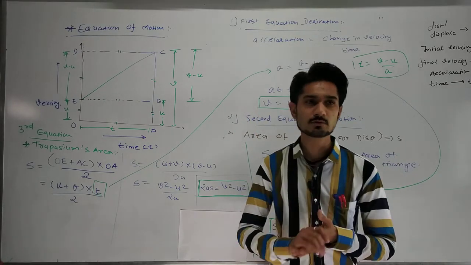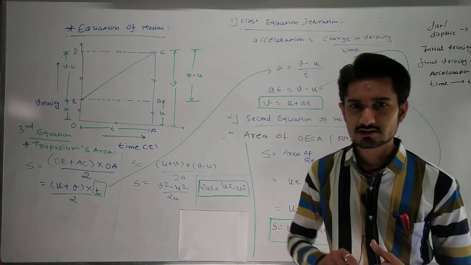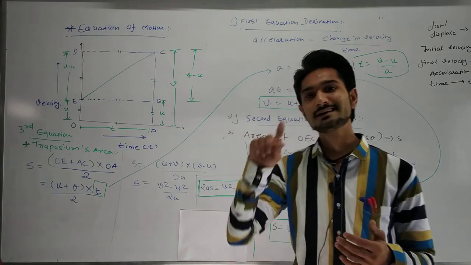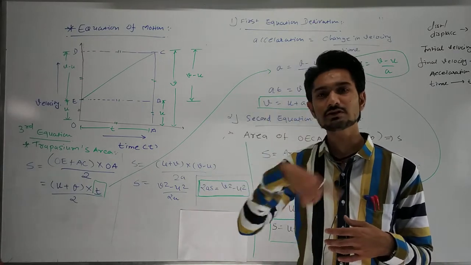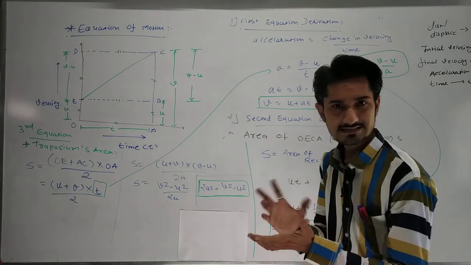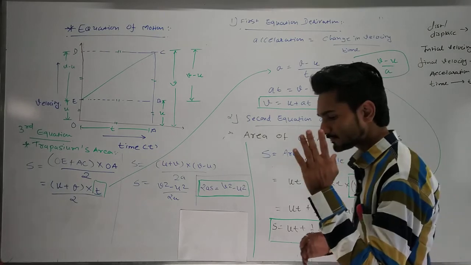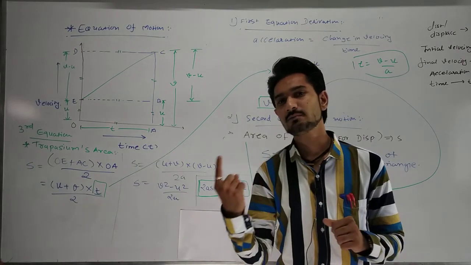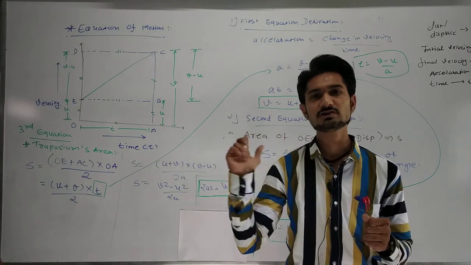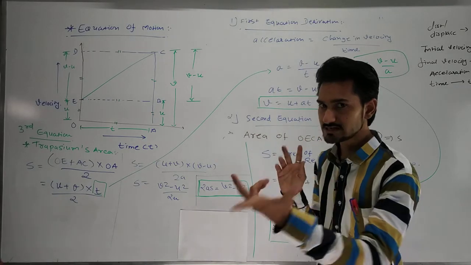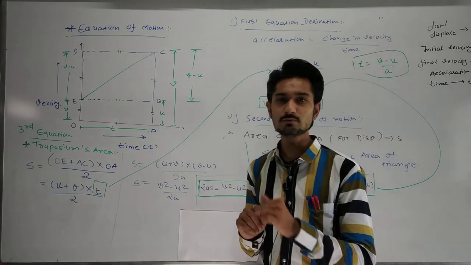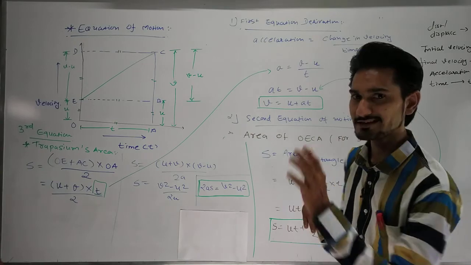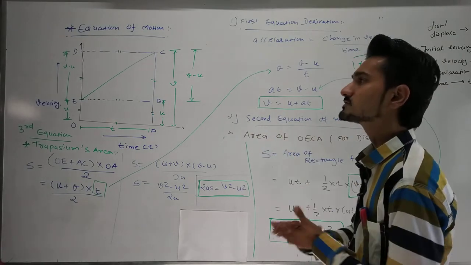If you want to see uniform circular motion, you can see it around you. The clock is moving in uniform circular motion because it takes the same amount of time, covers the same amount of distance and returns back to the original position. So these are basic examples of uniform circular motion. If an athlete starts running on the ground, then he travels around the whole ground and comes back to that position. So it is also an example of circular motion, but it is not uniform circular motion, because to have uniform circular motion it needs equal amounts of time for equal amounts of distance.